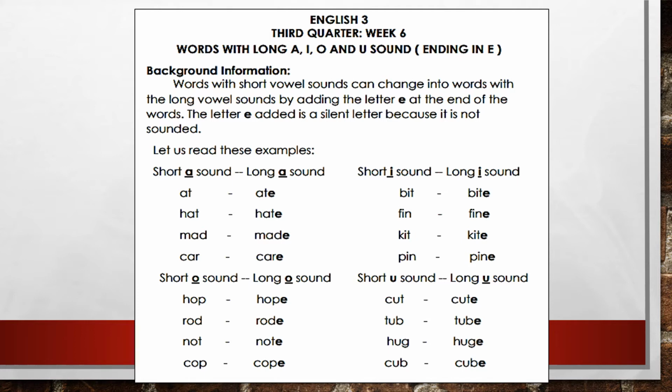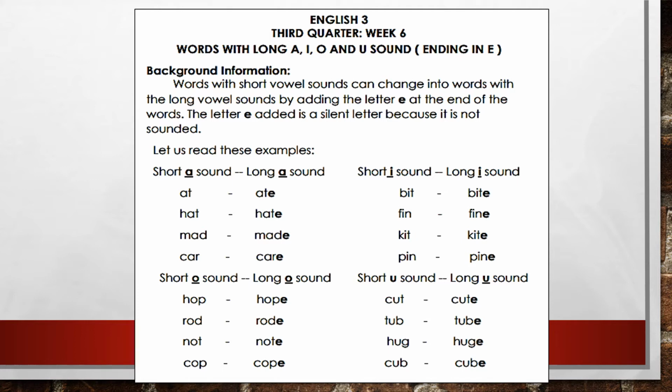Words with short vowel sounds can change into words with the long vowel sounds by adding the letter E at the end of the words. The letter E added is a silent letter because it is not sounded. Examples, the short A sound and the long A sound. So we have this short A sound like at, hat, mad, car. Now let's see the long A sound. Ate,